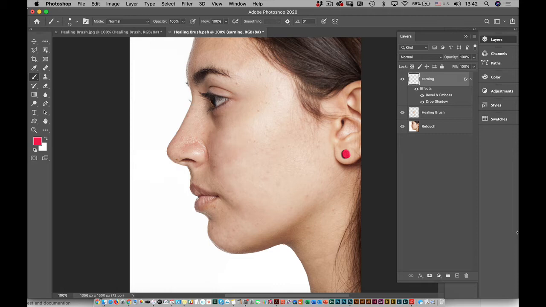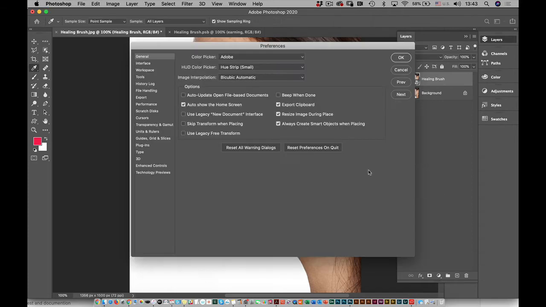Now, all I need to do is go in and save, Command S, and go back to the healing brush, and look what happened. Do you see that the smart object has our earring? Does that make sense? I want to make sure, because working with smart objects and smart filters is really going to help you a lot in retouching as well. So basically what it does is it takes you to another screen, and the first time you do it,